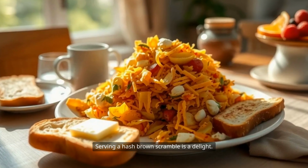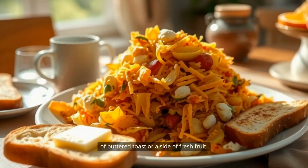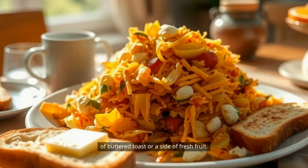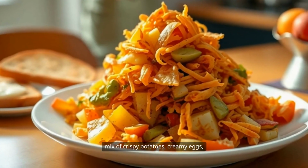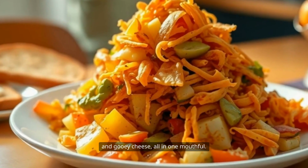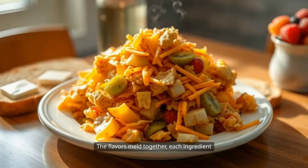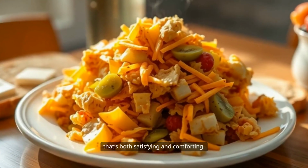Serving a hash brown scramble is a delight. Pile it high on plates, maybe with a slice of buttered toast or a side of fresh fruit. The first bite is always the best, a mix of crispy potatoes, creamy eggs, and gooey cheese, all in one mouthful. The flavors meld together, each ingredient enhancing the others, creating a harmony that's both satisfying and